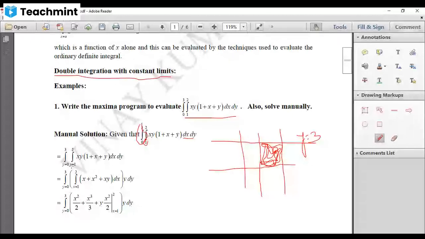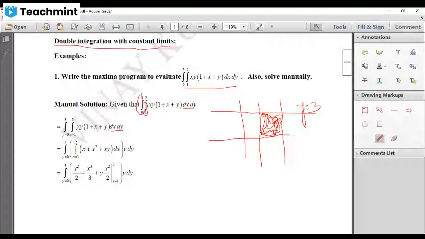Now, as I said, first you have to integrate with respect to x because dx is given and the limits are constant. When the limits are constant, depending on this differential, you have to choose the order. First, they are given dx, therefore we have to integrate with respect to x. Then you have to integrate with respect to y. So let me integrate with respect to x. Now let me multiply this. But remember, when you are integrating with respect to x, other variables are constants. Therefore, let me keep this y outside because it's a constant. So I'll keep it outside, y into dy.